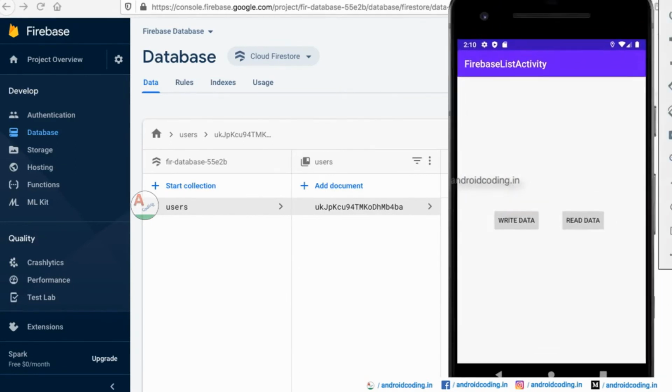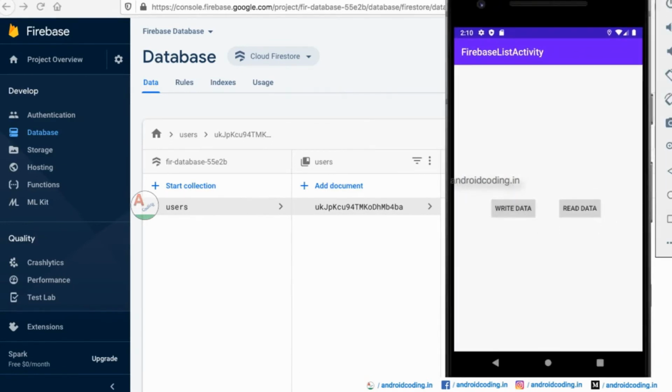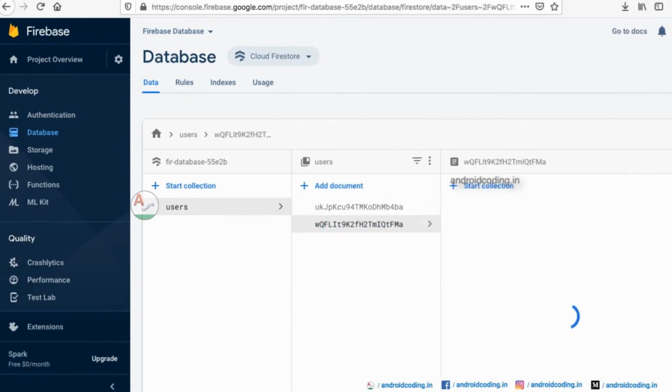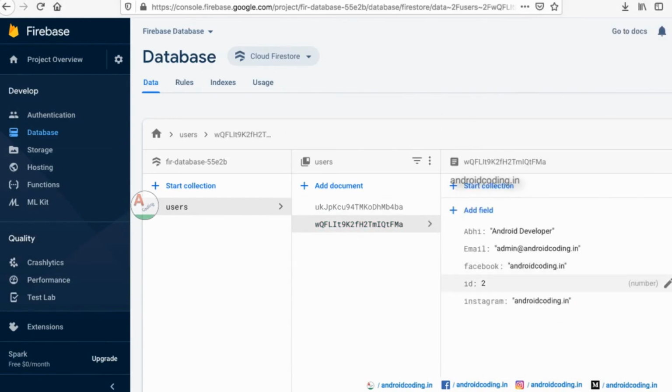Okay, try to write again. You can see here another document is loaded, and when you go there, ID 2 is loaded and the name Abhi. Here it is Abhishek. So how many documents do we have? We have 2 documents under the collection users.